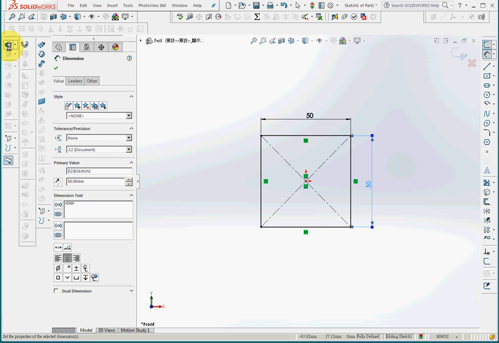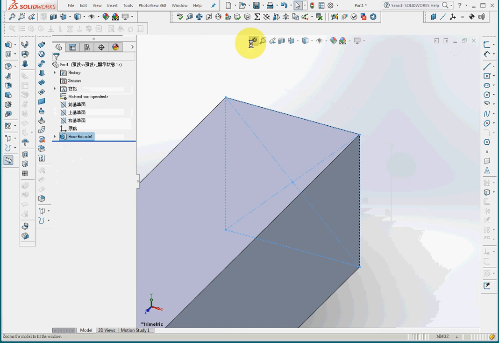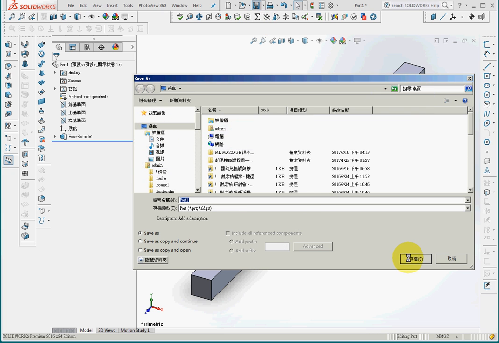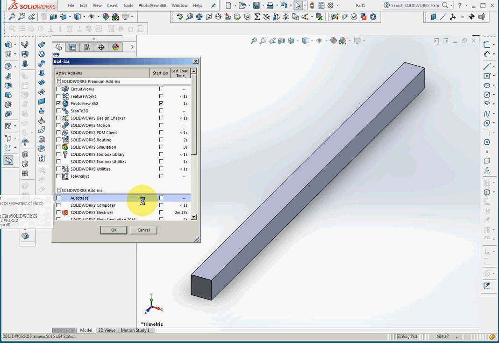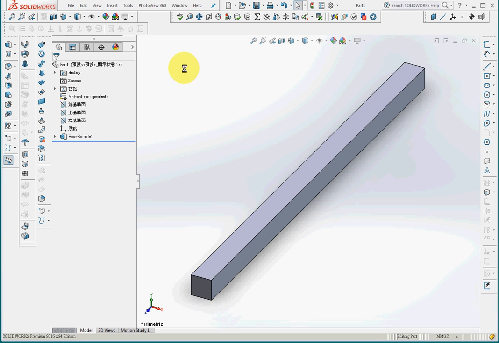and extrude it into a meter. So this is a meter long beam. I'll save the file on desktop. And preparing step 1, add in the software, which is already done. The second step for preparing CAE analysis is to